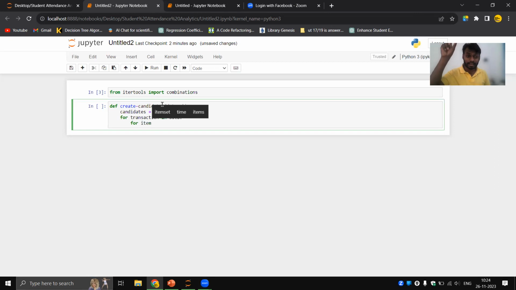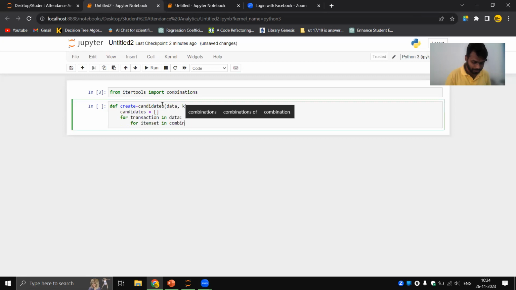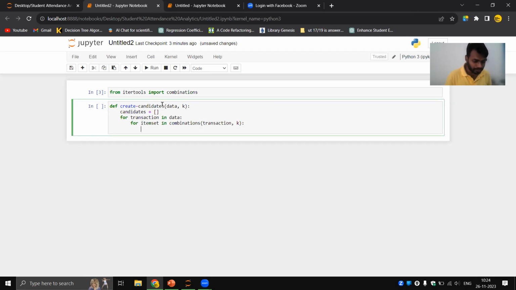We are getting that in item set. So A equal to this one, B is equal to this one, C is equal to this one, and AC is equal to this one. That one is the item set. So for item set in combinations of transaction, comma k.